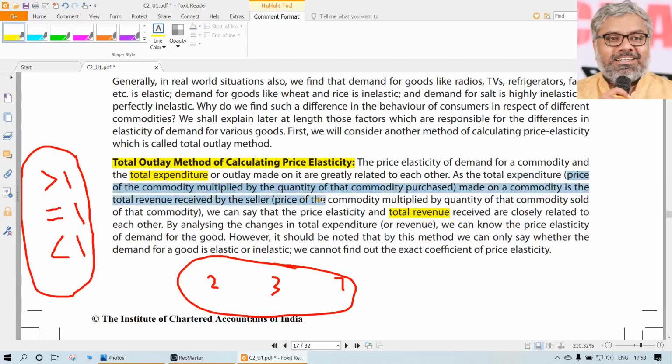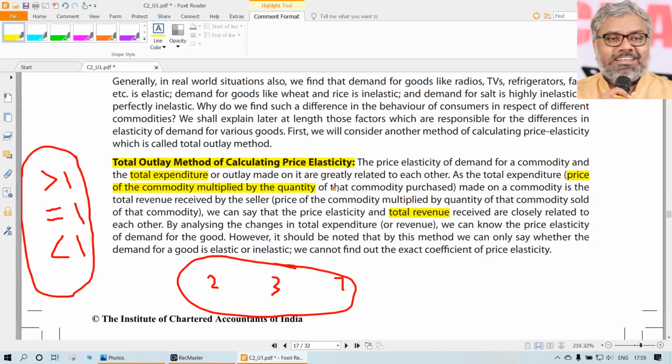But in either case, what is it that we have to calculate here? It is simply price multiplied by quantity. That's what is revenue for the seller. That's what is the expenditure for the buyer. If a buyer buys 1000 units of a product at 5 rupees each, naturally, how much expenditure has the buyer spent? 1000 into 5, 5000 rupees. How much revenue has the seller got from this deal? He got 5000 only. So whether it is revenue from the seller's point of view or expenditure or outlay from the buyer's point of view, in either case, how we have to calculate this is the same.